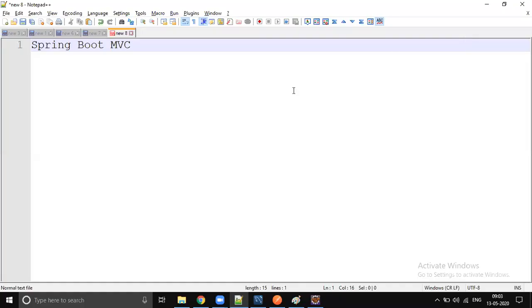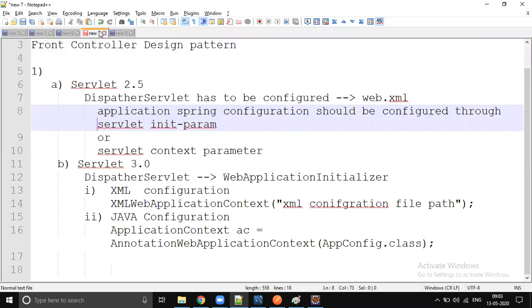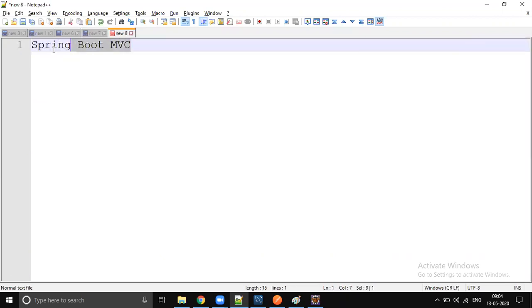The only difference is you may not be that good in the core concepts. What is exactly happening in the background, you may not be able to understand that much, but you will still be able to write if you understand Spring Boot MVC. It's going to be pretty easy, any non-IT person can also write Spring Boot MVC RESTful web services. If you just know plain Java, by spending one week or 10 days, you can simply write a Spring Boot MVC application.